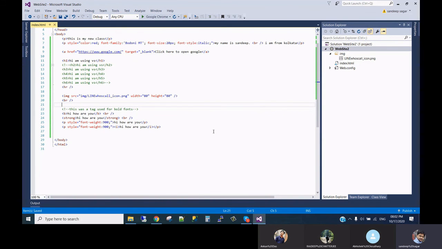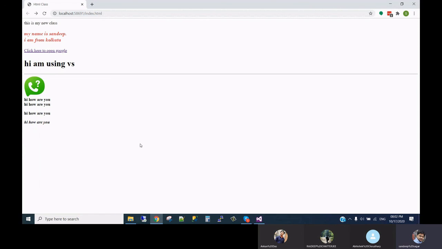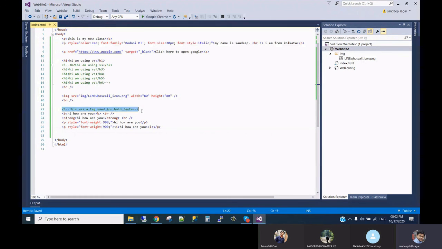So when we open the project after a few days, we are not confused about what this is used for, right? This will not be shown in the browser, it is commented. It is also good practice to use this type of comments, so that you are not lost with lots of coding and its use. Some function you write for validation, some function you write for color, for a particular thing, so you can write a comment above that. Okay, like this.